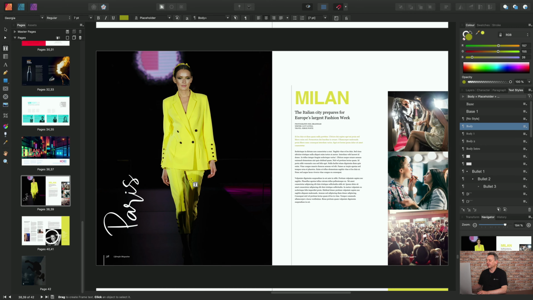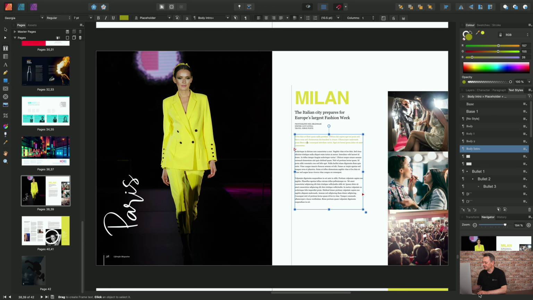Hi there, we'll just have a look at how you can create indents and tabs in Affinity Publisher using the paragraph panel and the text ruler. So we'll take the text ruler first. I'll just focus on this particular area of the document